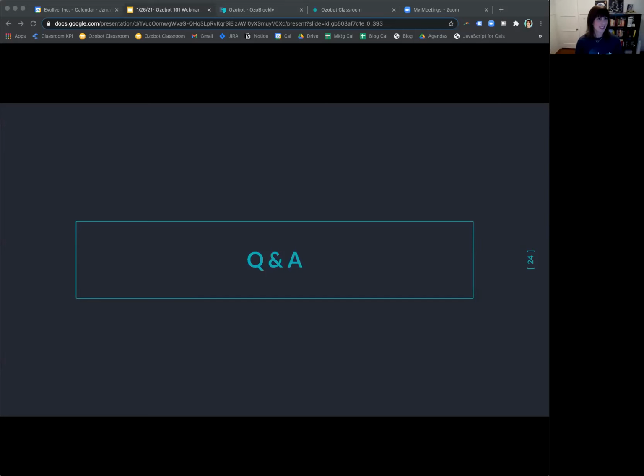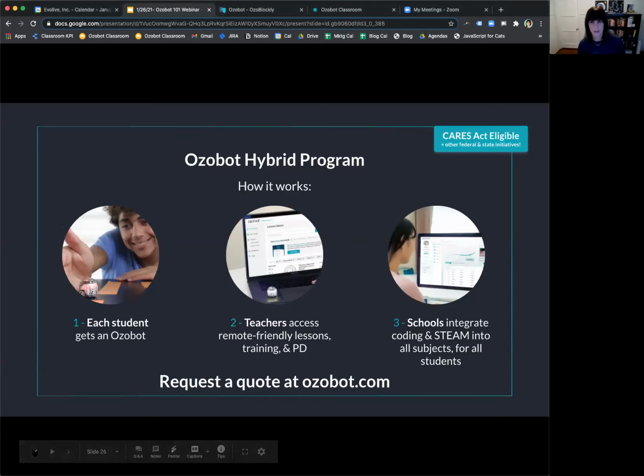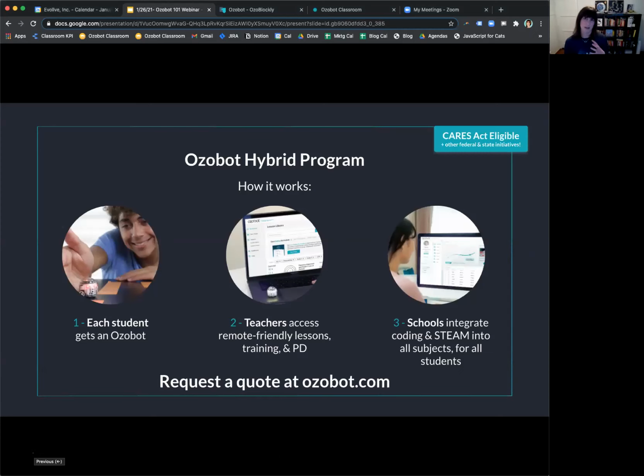Then Doreen asked, do you send these home with virtual students? I have a class set, so this is not feasible. If you have one classroom set, say it's 12 or 18 Ozobots, you probably have around 30 students in your classroom. So if you are interested, we have a program. I'll get to this slide really quickly. Our new hybrid program is all about going one-to-one with Ozobots so that you have enough to send Ozobots home to your students when they are working at home.